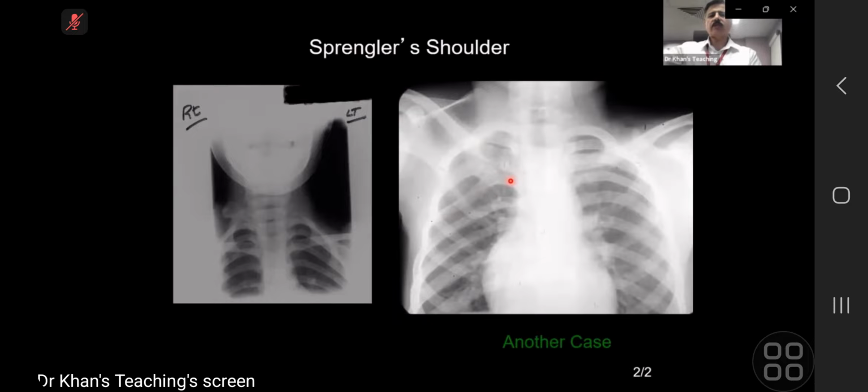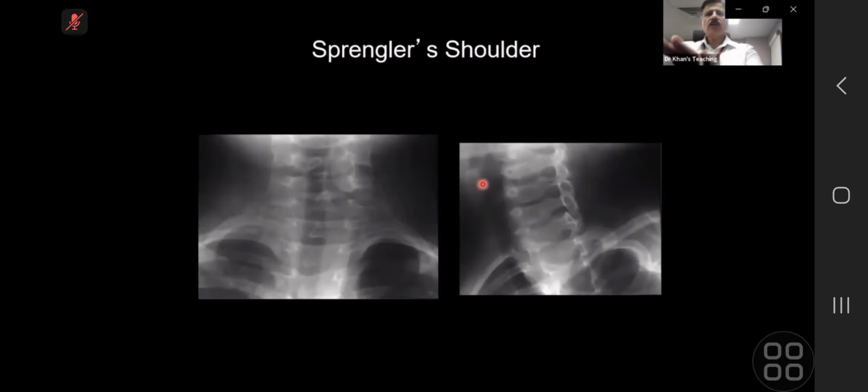And please remember that it's a difficult case because the human eye picks up asymmetry. Bilateral shoulder at times becomes a bit difficult to pick up. This is another example where you can see similar to the